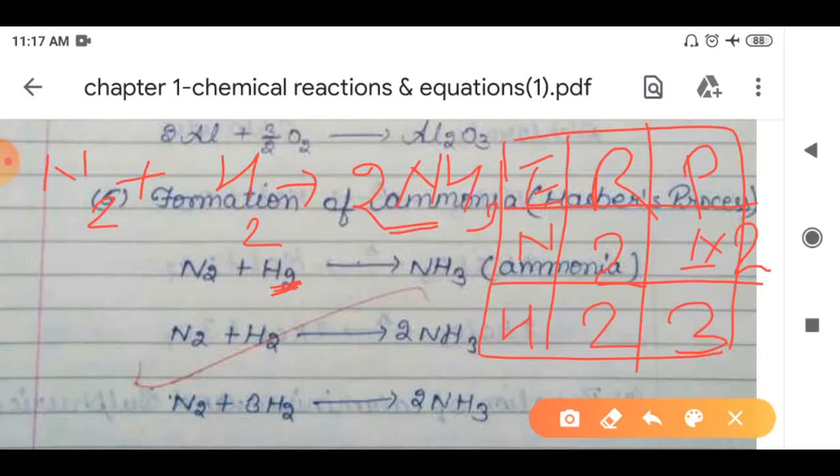Now the nitrogen is balanced, but in the balancing of nitrogen, the hydrogen numbers are getting changed because NH3 is a composite molecule, and hydrogen is present in the NH3 itself, right? So now how many hydrogen atoms are present in the product side? 3 were earlier present, and now we have multiplied by 2. So the total of 6 hydrogen atoms are present now. And how many hydrogen atoms are there in the reactant side? Only 2. And now these 2 we have to convert into 6, not into 3, because we have already multiplied by 2 in order to balance the nitrogen atom. So now we have to convert this hydrogen into 6.